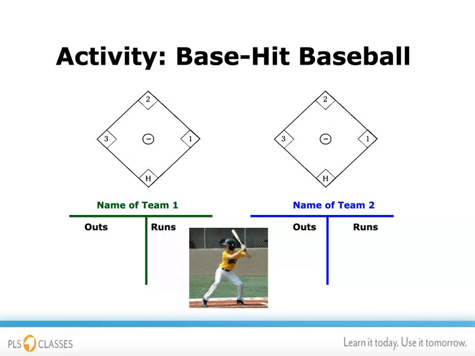You can find your teams in Canvas Module Section 5, Base Hit Baseball. Your first task is to name your team and establish a player at bat order. Notice that there are several player at bat cards to represent the players for each team who will run bases. We also have hit cards, single, double, triple, and home run, from which you will pick if you answer the question correctly.